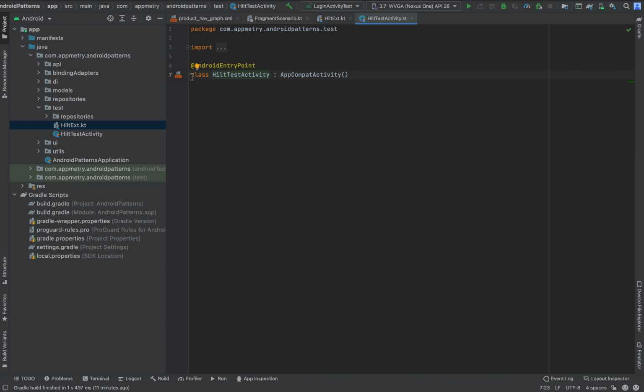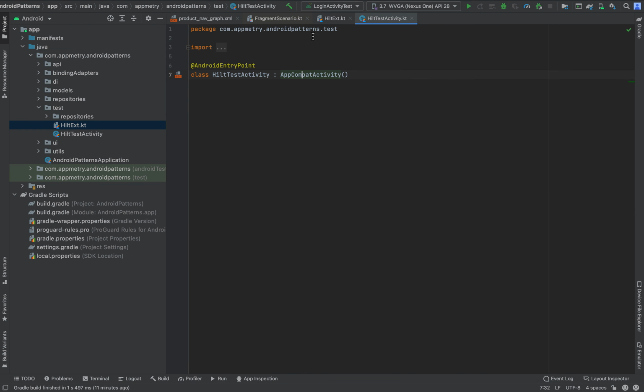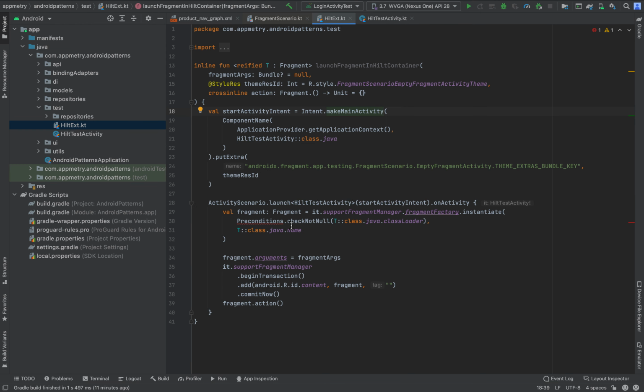So this will act as the base activity to launch the fragments for testing, and using this activity we can launch the fragments by setting this up. First we will be launching the activity, then using the support fragment manager we will be launching the fragment we intended to launch, and we can pass the arguments in bundles as well. If you want this code you can get that from the GitHub repo.